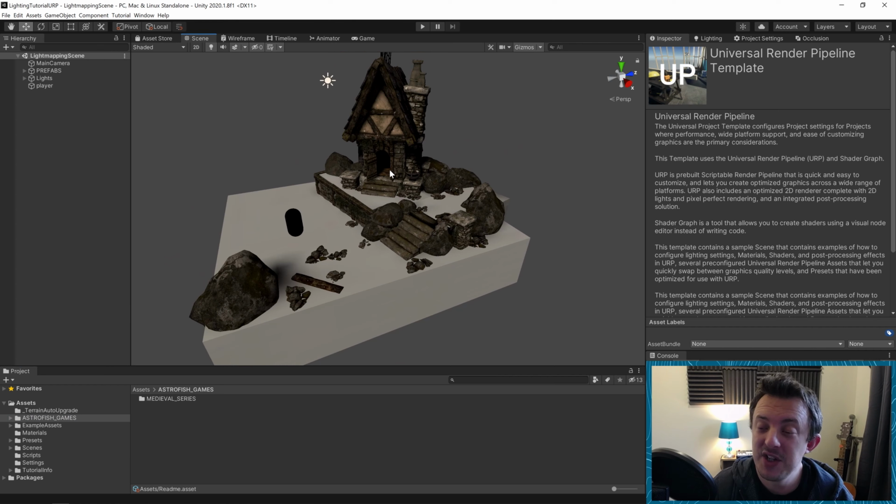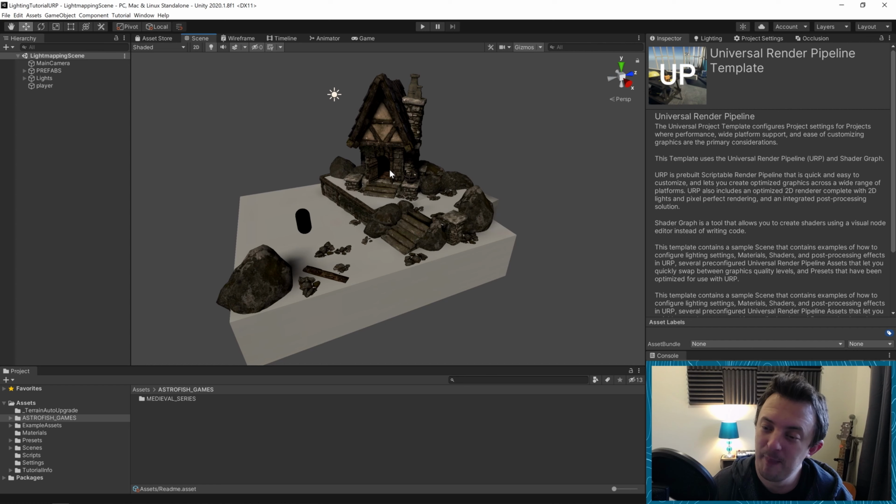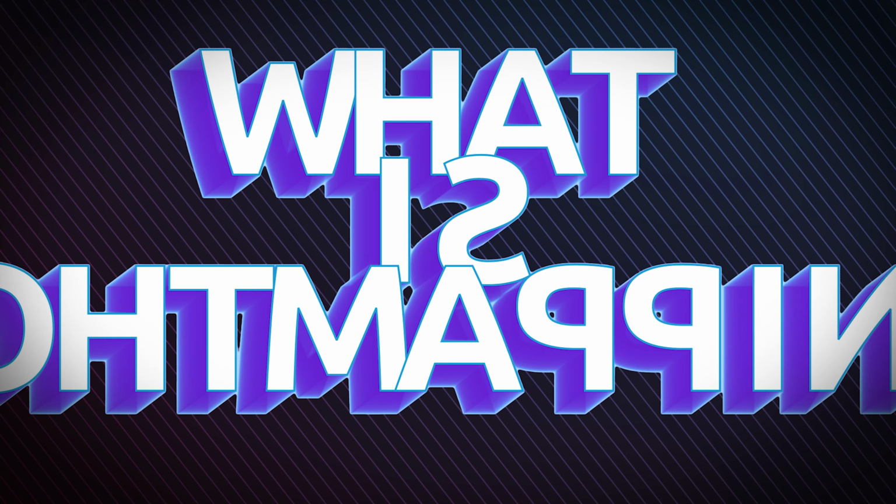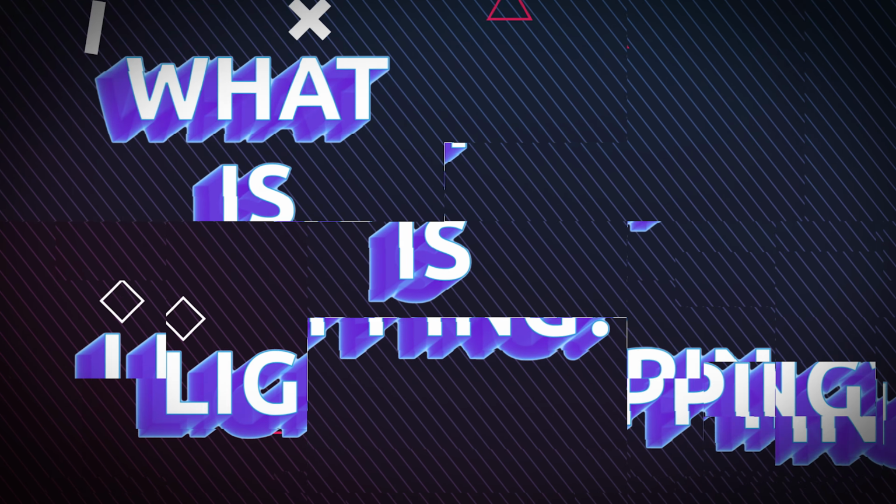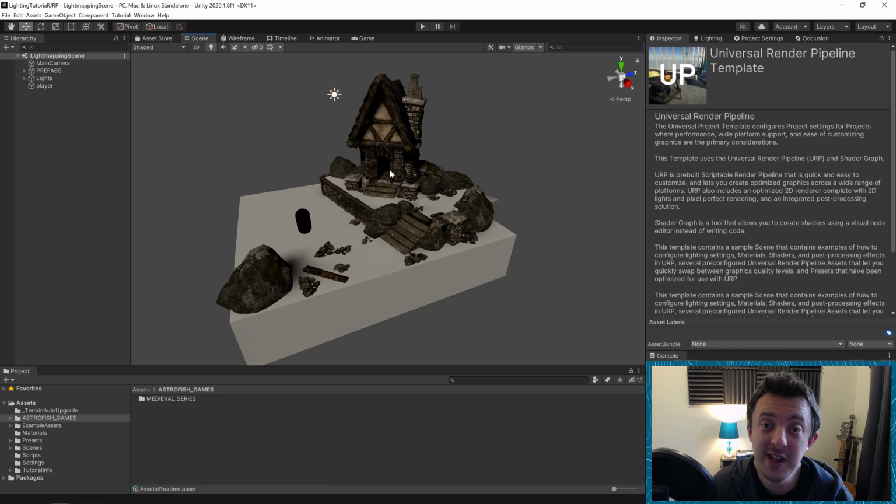So as I said in my intro, I've actually done a light mapping tutorial in the past, and what I neglected to actually cover was what light mapping is. So it's probably important to go over what light mapping is first of all, before we look at actually how to do it. So what is light mapping? Well,